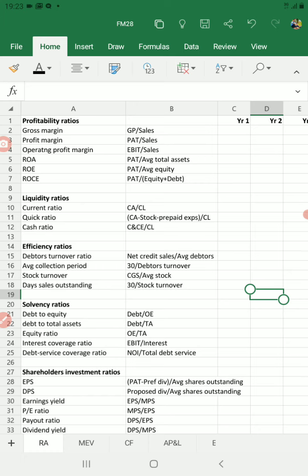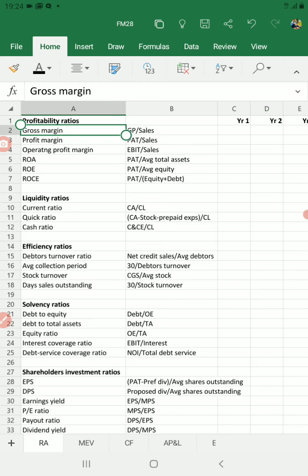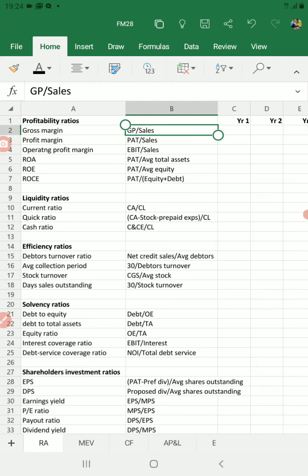Okay, so for the margin analysis we have gross margin, which is gross profit divided by net sales, and net sales in this case means